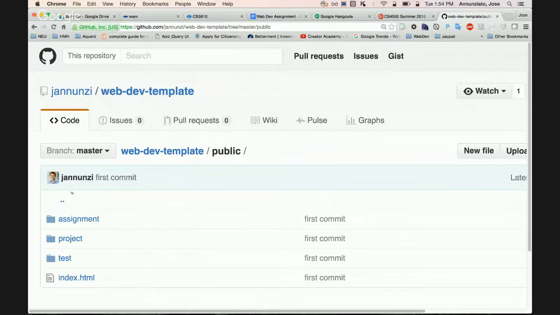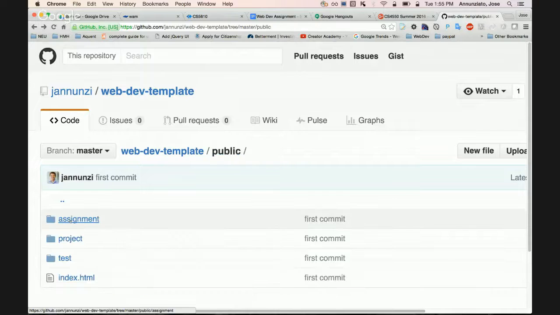One is the assignment directory, and the other is the project directory. In each one of them, you're going to be building two projects. One where I'm going to handhold you: we're following the assignment, you're going to implement an assignment. And ideally, what you learn from the assignment, you'll be able to apply directly to your project. So your assignment, you're going to be doing all inside the assignment directory.